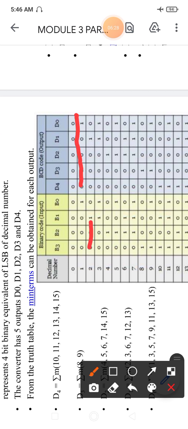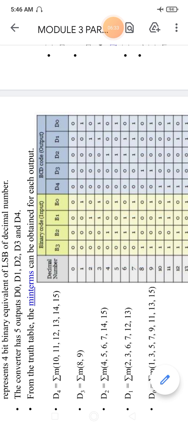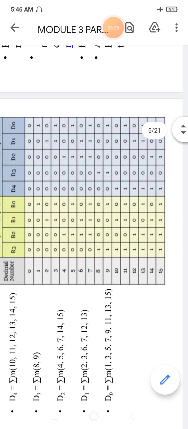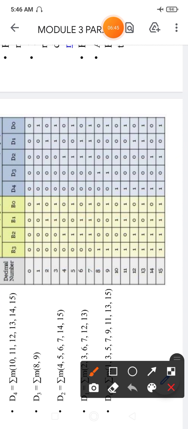For 0001 the BCD code will also be 0001. You can see for 2 the BCD code will be 2, for 3 the BCD code will be 3, for 4 it will be 4 only. For 9 also the binary code will be equal to the BCD code.